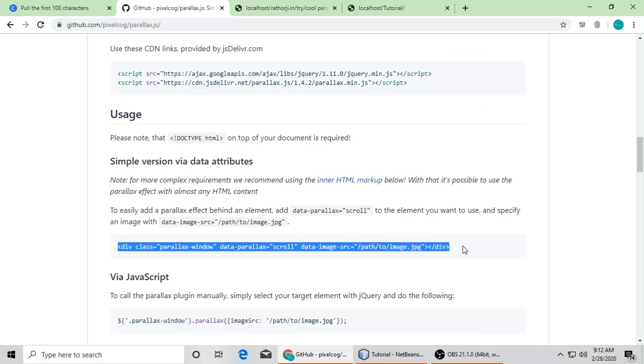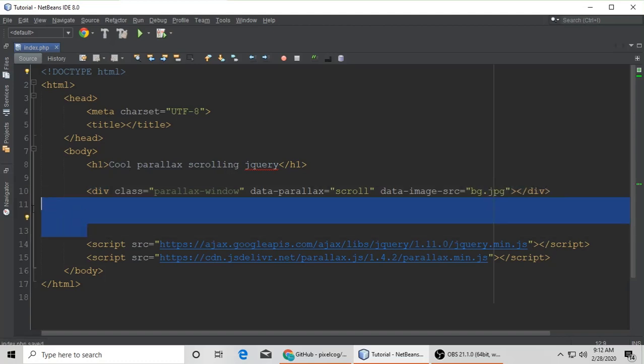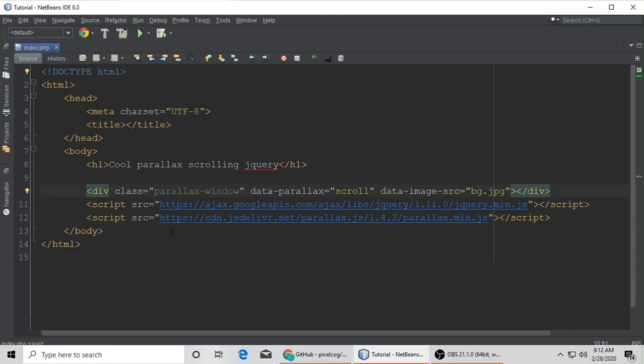Just copy this one and paste it here. It has some properties, which is data-image-src, and it takes the image path. We already have an image, bg.jpg, like this. But when we run this application, it will not work because it needs some more settings